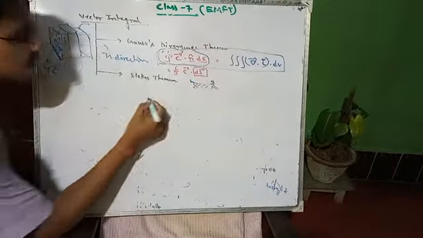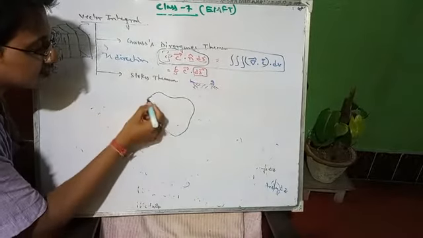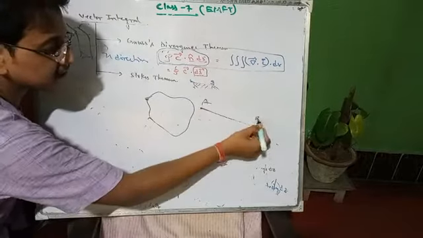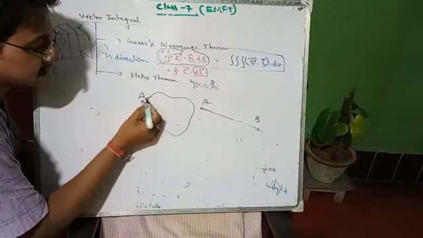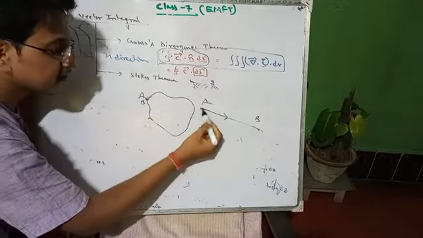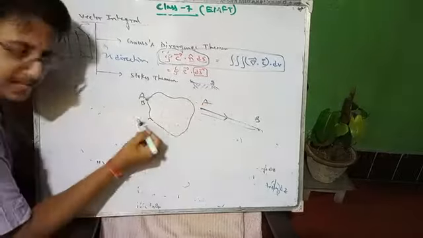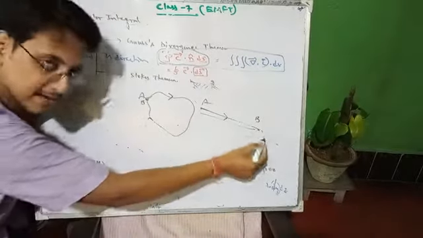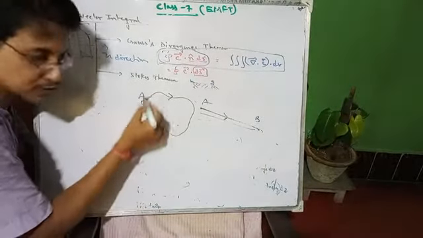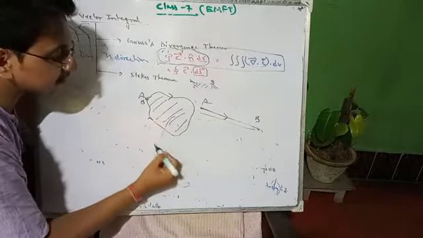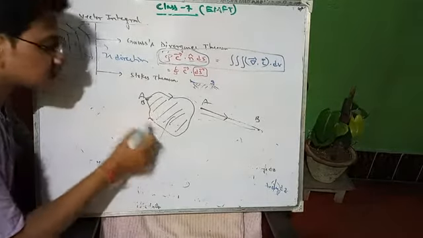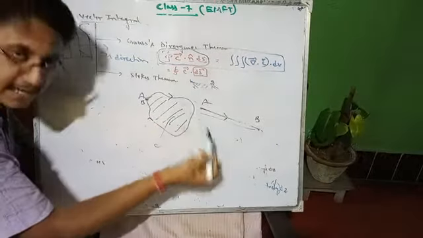If we close a line, suppose this line is closed over here. Suppose I have a thread, and this point A and point B are joined here. So this is a loop, this is a wire, and this wire can be formed as a loop. When the closed loop is produced, a surface enclosed by this loop is present. If a line is closed, a surface will be generated.